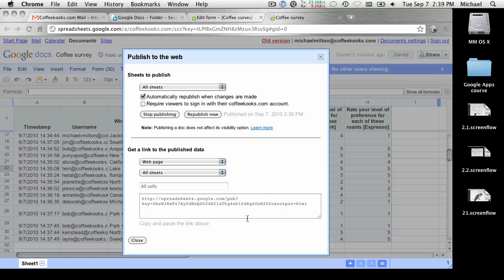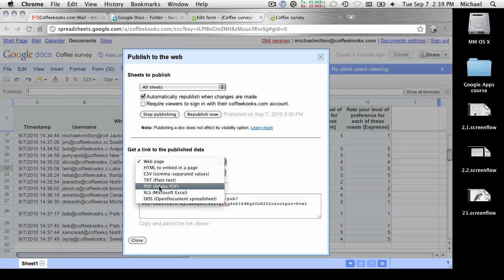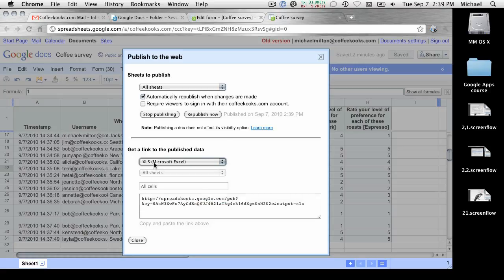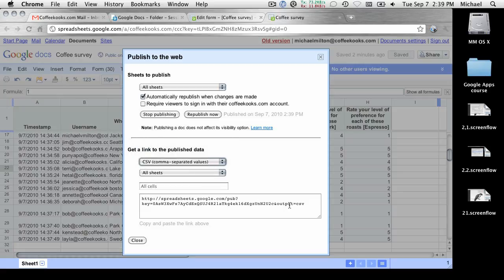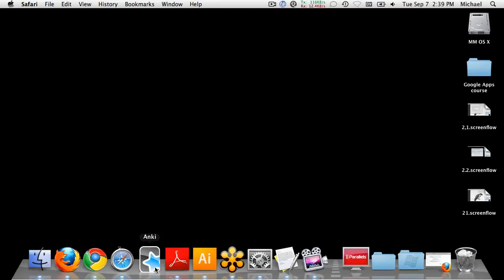this bottom pane down here says, get a link to publish data. So I have a bunch of different web links that I can use. I can look at it just as a plain web page, but I can also look at it as text, or as a PDF, or even as a Microsoft Excel document. Let's look at it as a comma-separated values file. And if I copy this particular link,